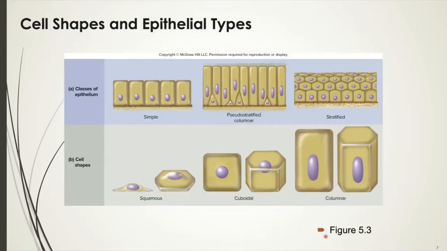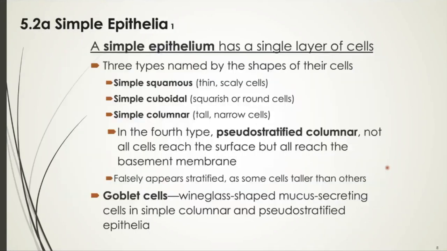So now let's go ahead, I'm going to back it up. Let's put the classes of epithelium together with the cell shapes of it. We're going to start intermixing and getting several different combinations. So your simple epithelium is going to have single layers, like I told you. So you can have simple squamous. Remember, the squamous is going to be the thin, flat. Think about squashed, something that looks squished. Okay, so your simple squamous, thin, scaly cells,